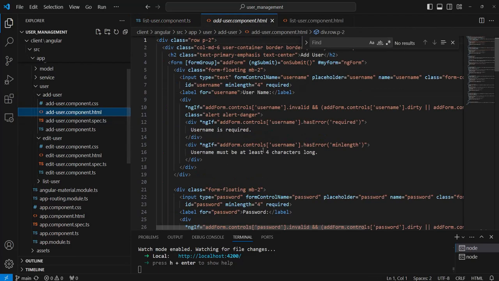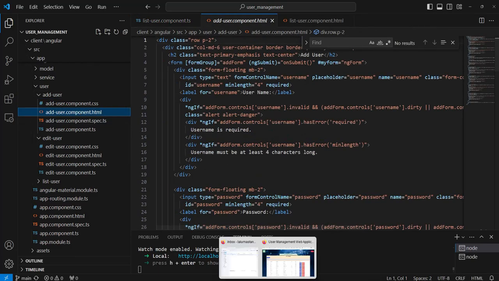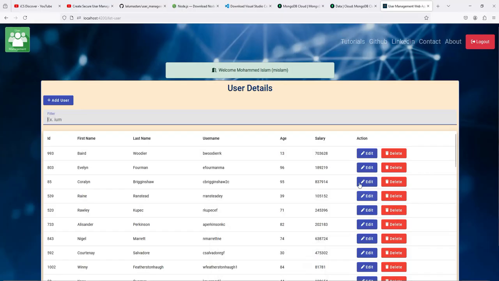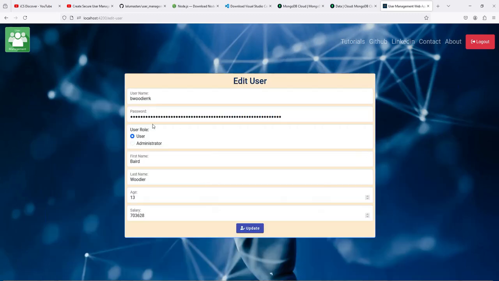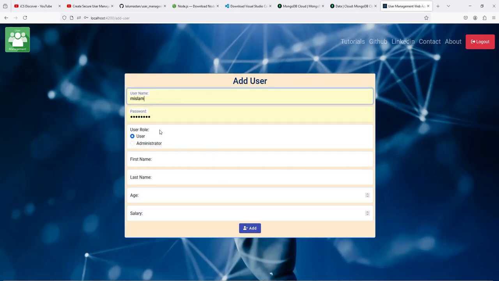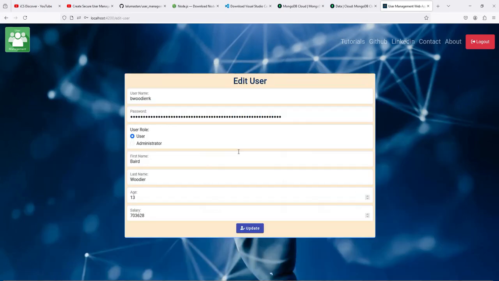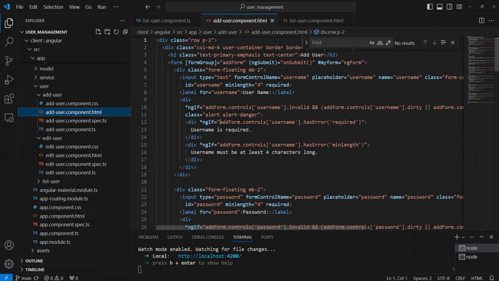If you look at one of the HTMLs, it will look exactly similar, because if you go back and click on edit, it looks the same, and if I hit add, it will look the same, right? The only difference is in add, you get to add username, password, and all that business. In edit, you cannot change the username, right? Because that's kind of the primary key. But you can change the password and the other stuff. So the HTML is similar looking. The only difference would be